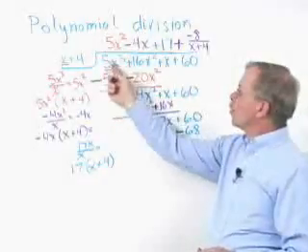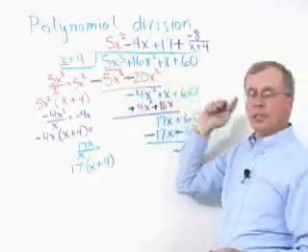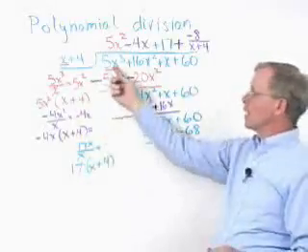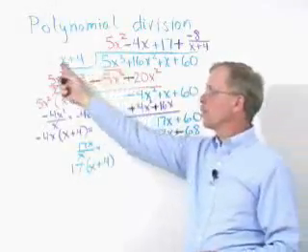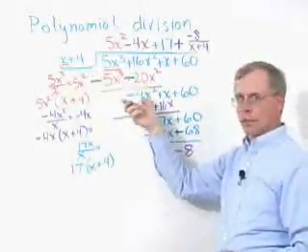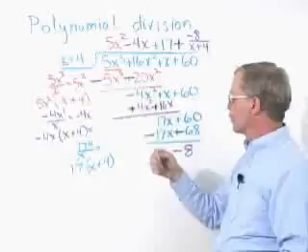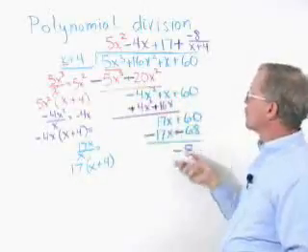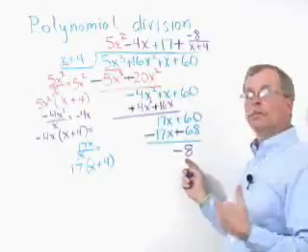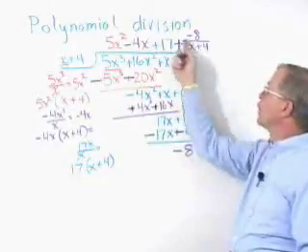So we take a step-by-step procedure here, but we keep doing the same procedure over and over. You take the leading term, divide it by the leading term of the divisor. Change the signs and add, so you're really subtracting, adding the opposites, bringing down the next terms, and continuing on until you either get no remainder or your remainder written as a fraction at the